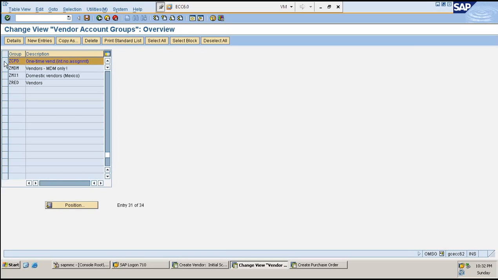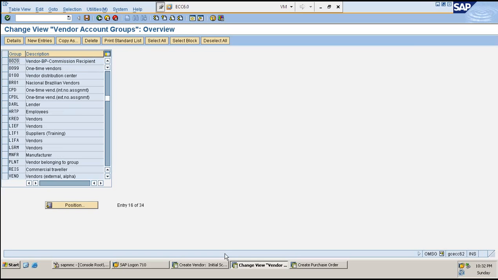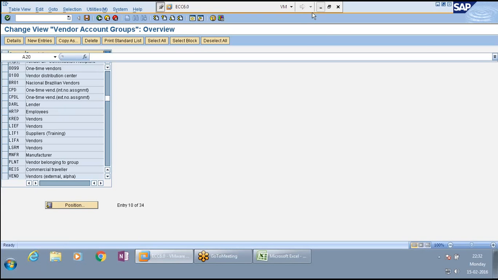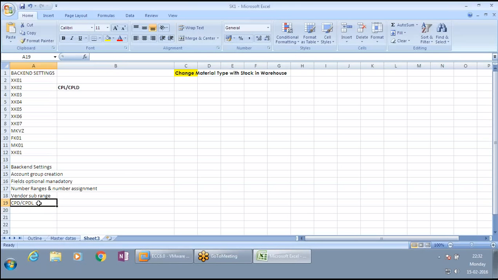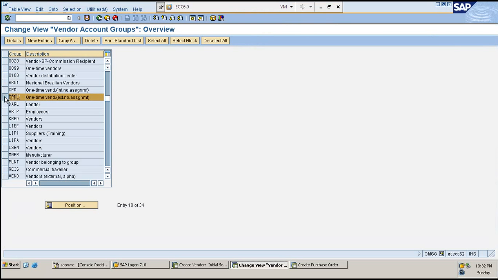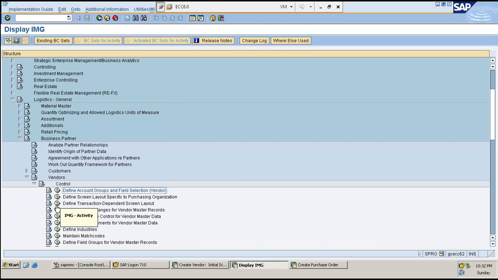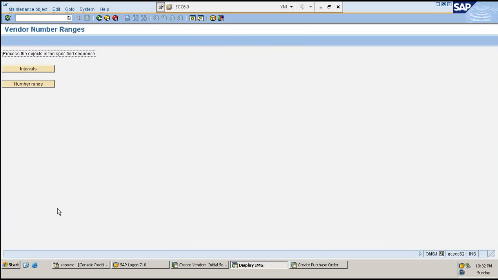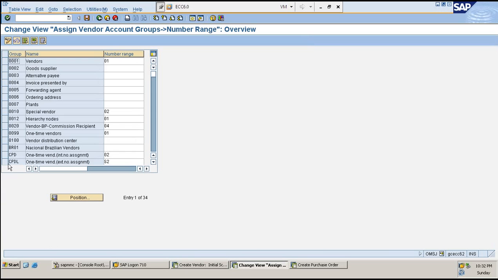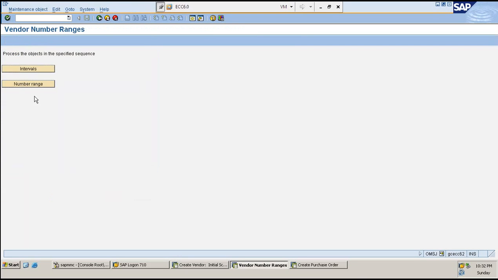Okay. Again, we'll go back to the sheet. CPD, CPDL. It's as simple as this. You just give a try with this. In case you cannot get anything out of it, I'll let you know about it again. The only thing with CPDL is you will need to key in a number range. What number range is it? Again, you will need to come and identify it over here. It's S2. Correct, right? CPDL is S2. What is that S2?